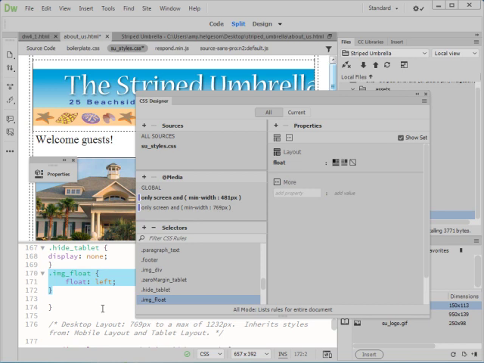And since I'm not specifying anything for desktop, desktop is going to inherit everything that I have specified for tablet in this case. Okay, so in summary, smartphones, no floating. Tablets and desktops, for anything that has a class of image float, is going to be floated to the left. Okay, moving on